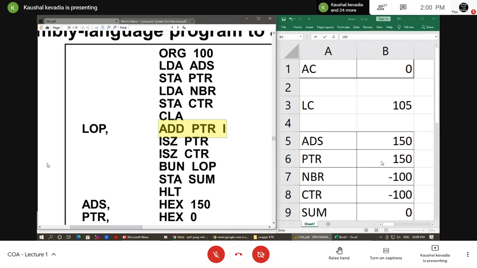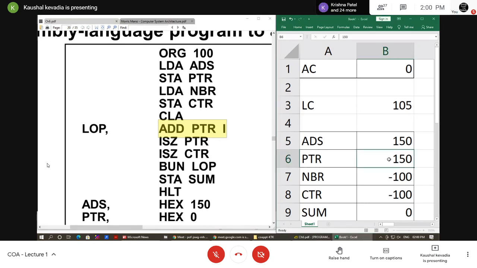कौन सा वेरिएबल हम एक्सेस कर रहे हैं, मीन सपोज मेरा फर्स्ट वेरिएबल जो 100 नंबर्स के लिस्ट है उसमें से मैंने फर्स्ट काउंट कर लिया, सेकंड एग्जीक्यूट कर लिया, थर्ड एग्जीक्यूट कर लिया. For maintaining that address we have this PTR. ओके, एड्रेस के अंदर जो वैल्यू थी वो हमने PTR के अंदर ट्रांसफर कर ली. Then after there is an NBR, it stores the number of variables or the number of sequence numbers. So it is 100 and we have to make the copy of CTR is equal to -100.